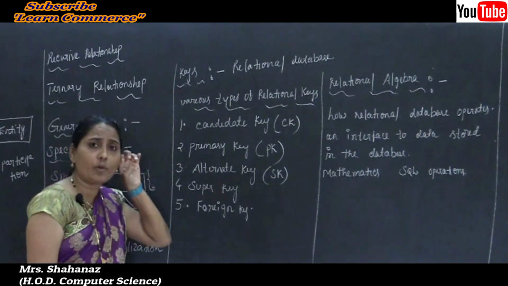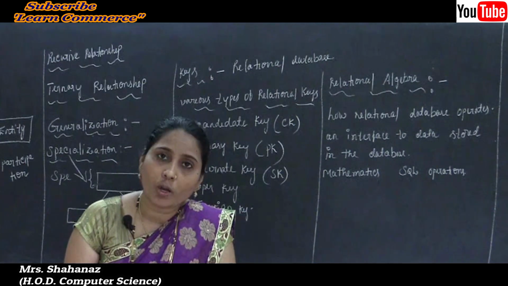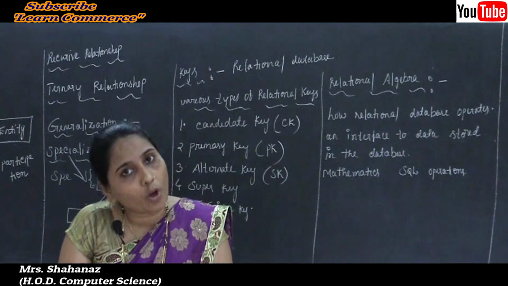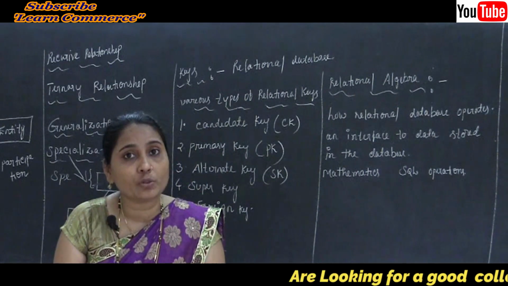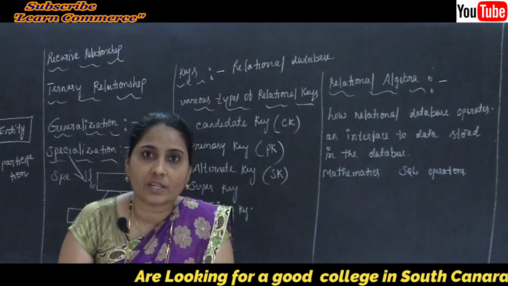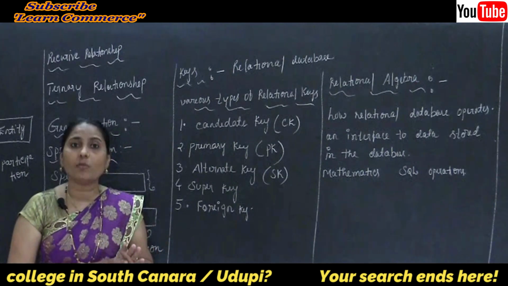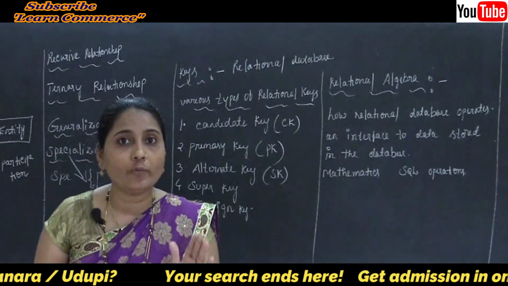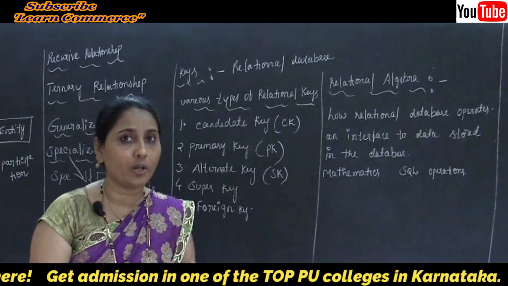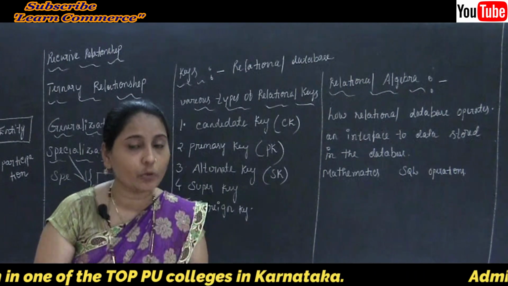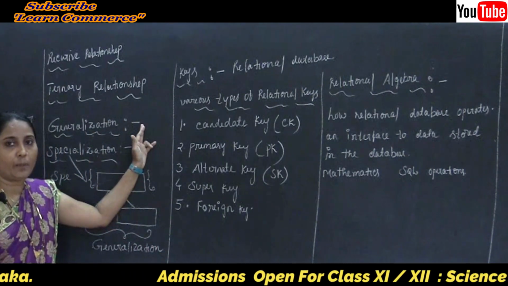Clear this point here. What is the meaning of a key? We can use a key for one column of a table or for more than one column of a table. If you use a key constraint in any table, what is the rule? It is a set of one or more columns whose combined values are unique. That means such values are not going to repeat again and again in such columns, whose combined values are unique among all occurrences in a given table. So this is the meaning of our keys.